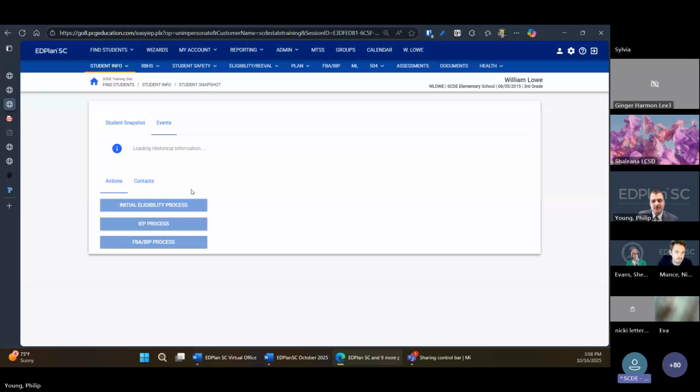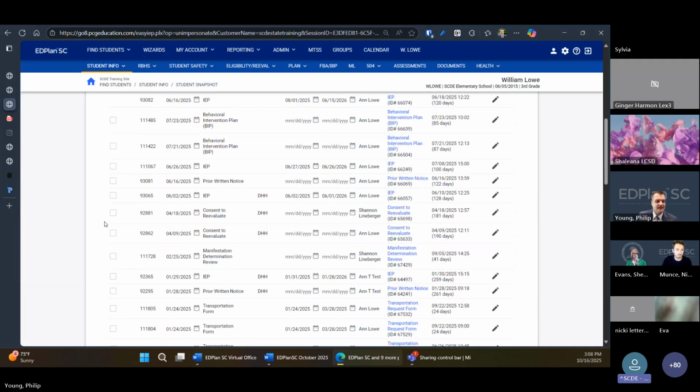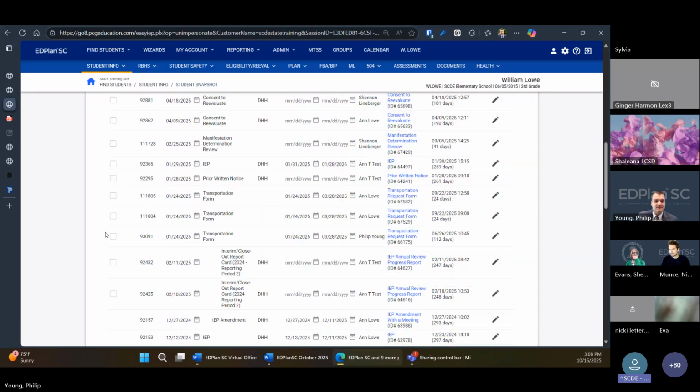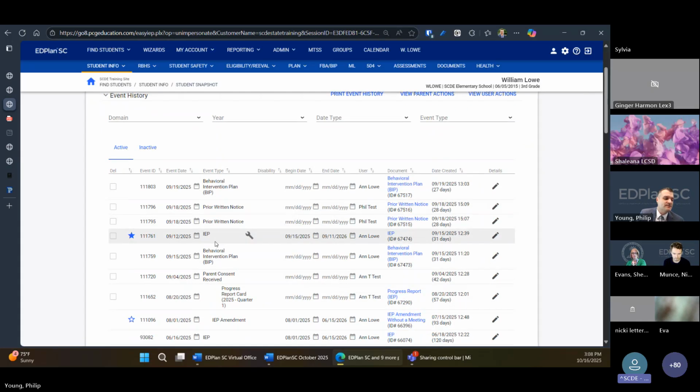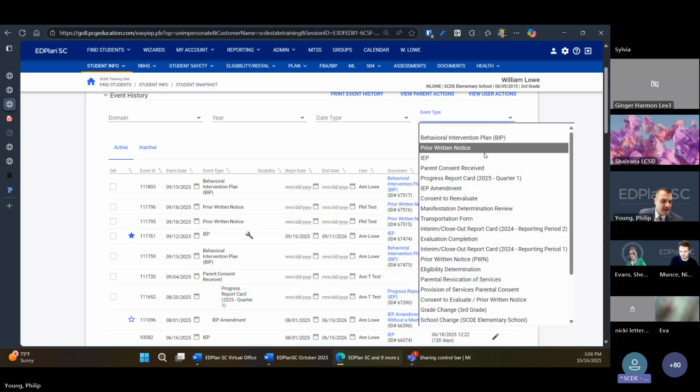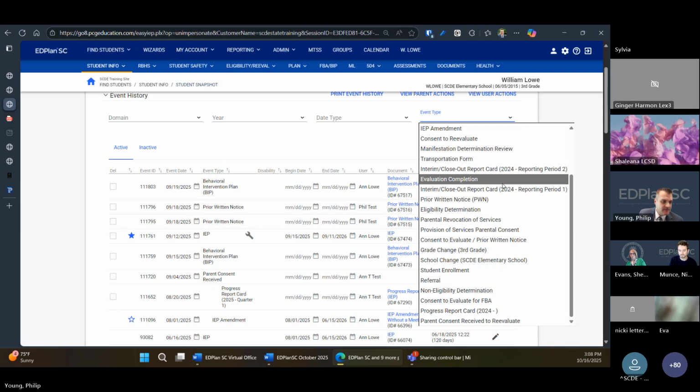Sonia, I don't know if I know what you mean. Can that be turned off somehow? There's definitely not a way for us to turn off a student becoming active in your PowerSchool. If they're active in PowerSchool, they're active in Ed plan. It's the way it functions. So there's not a way for us to not reactivate that student. But in your event history, there's a re-entry event if the student left and then came back. So what Nick is talking about is that there could be a report that could tell you when re-entry events happen. But I don't see a re-entry event for this student.